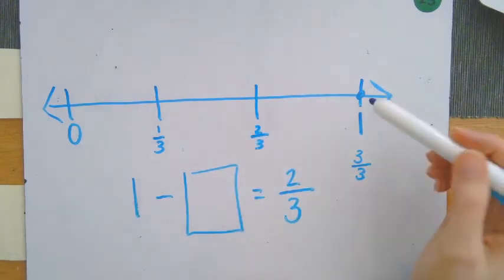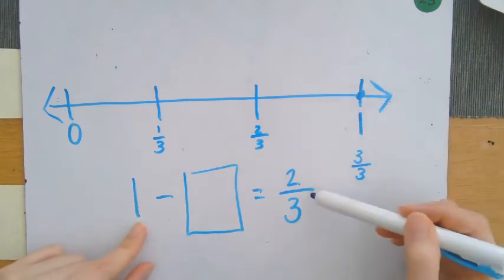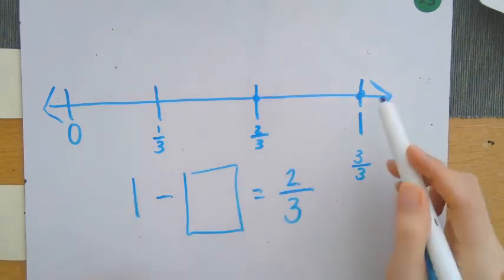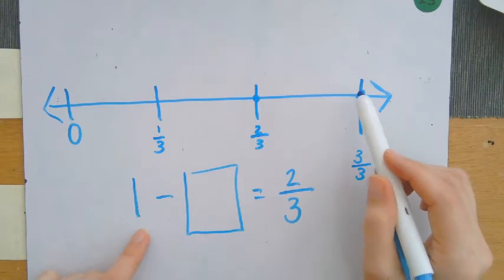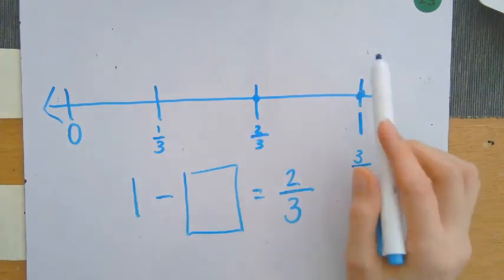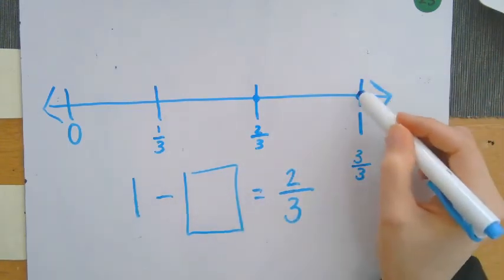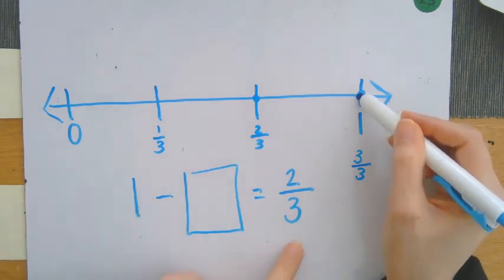And if I take my 1 and I need to get to my 2/3, me just plotting them lets me know where I need to start here and where I'm going to here. So again, this number is going to be the number of jumps. Okay, so going from 1 whole to 2/3,